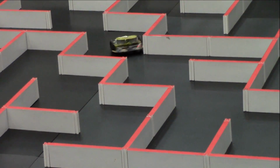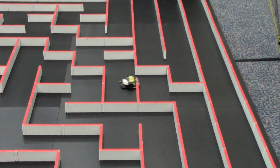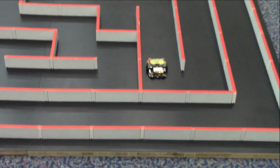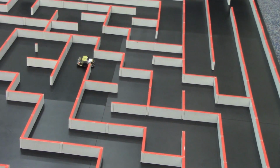If you don't touch the walls before a run, then you get a bonus of 2 seconds. And if you do touch them, then you lose that. And so there's a benefit to trying to make it autonomous. Unfortunately, it turns out that as the entry is running through the maze, it usually...